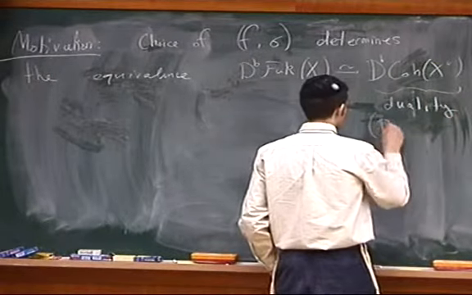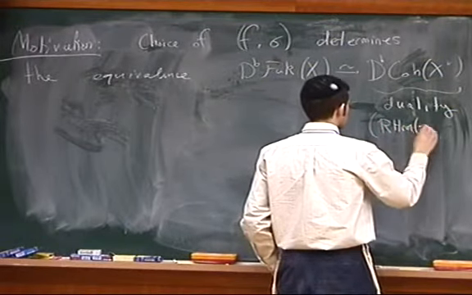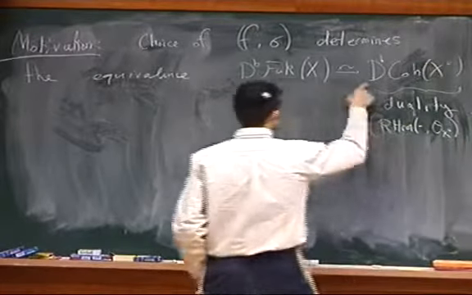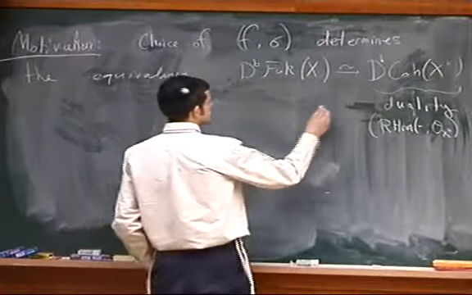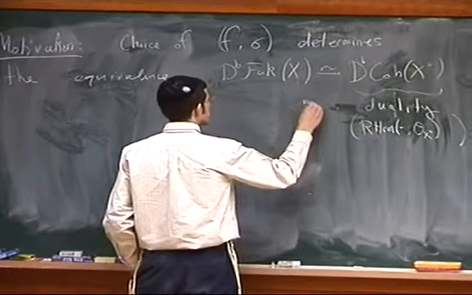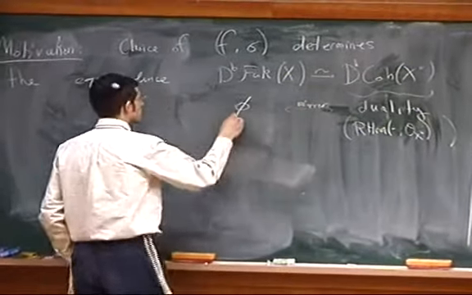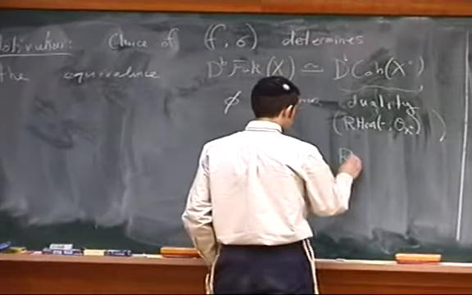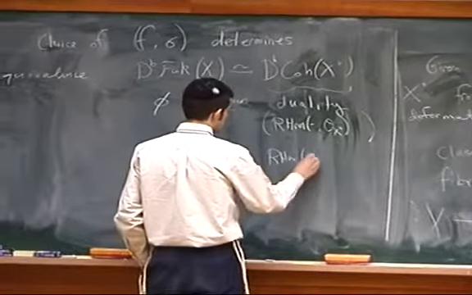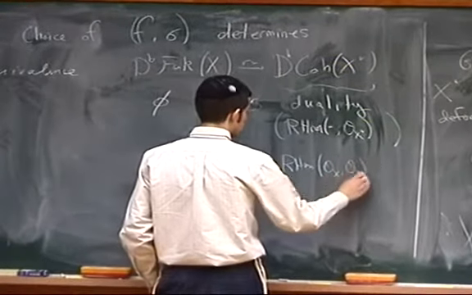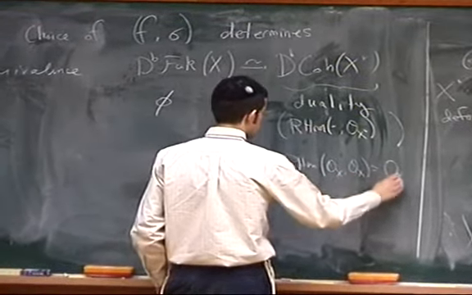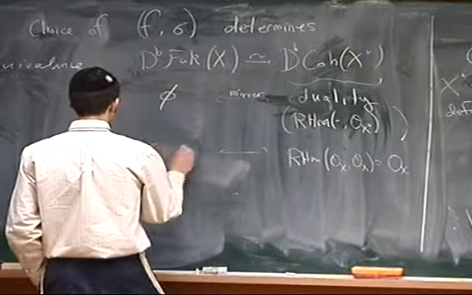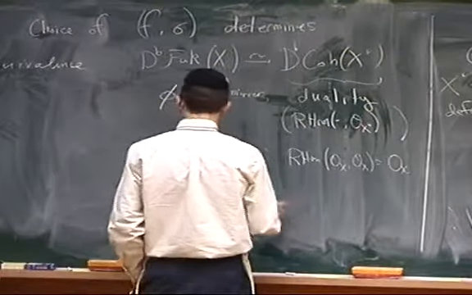In other words, you take R hom of something with the structure sheaf of X check. This defines a functor from this category to its opposite, and this should somehow be mirror to phi. Okay, and so R hom of O_X is going to be O_X. This corresponds to the fact that phi of sigma is equal to sigma.